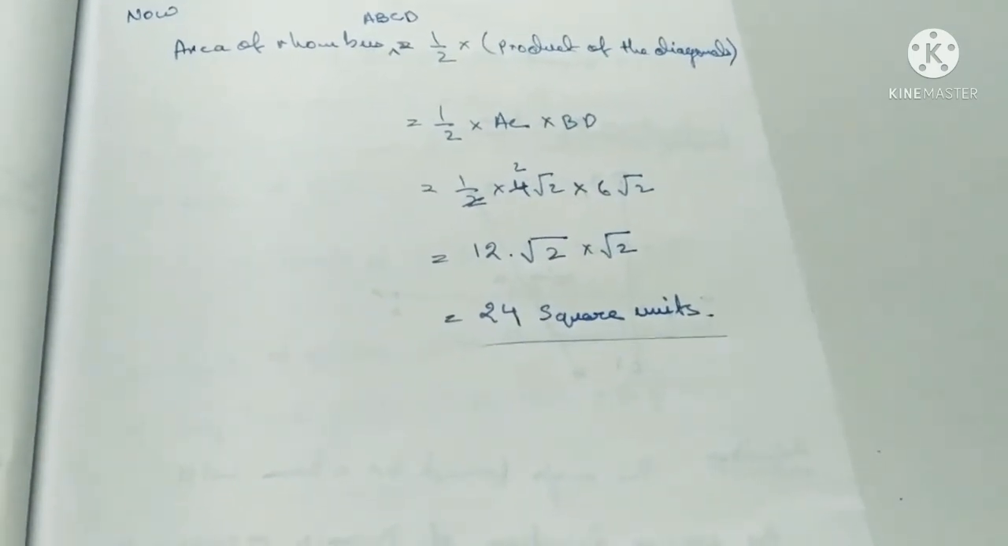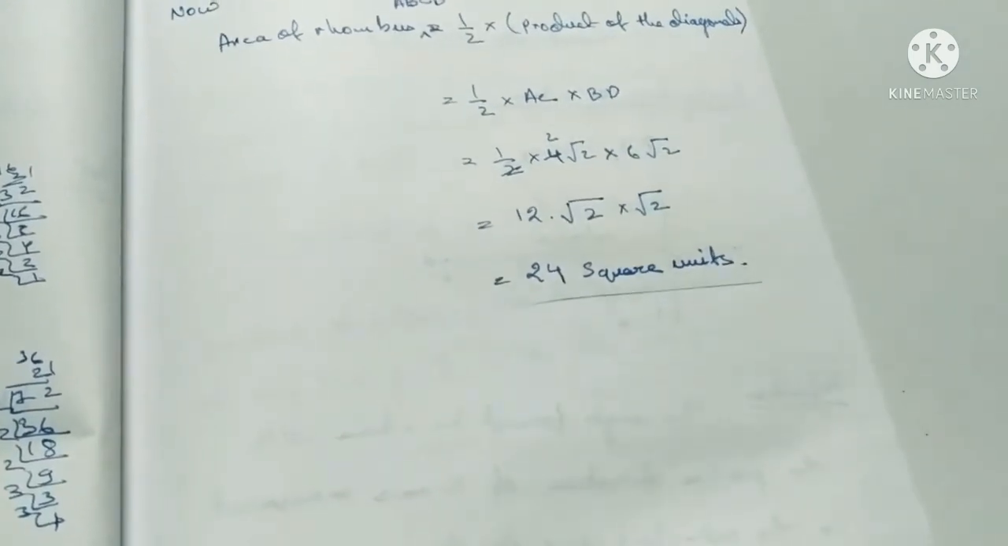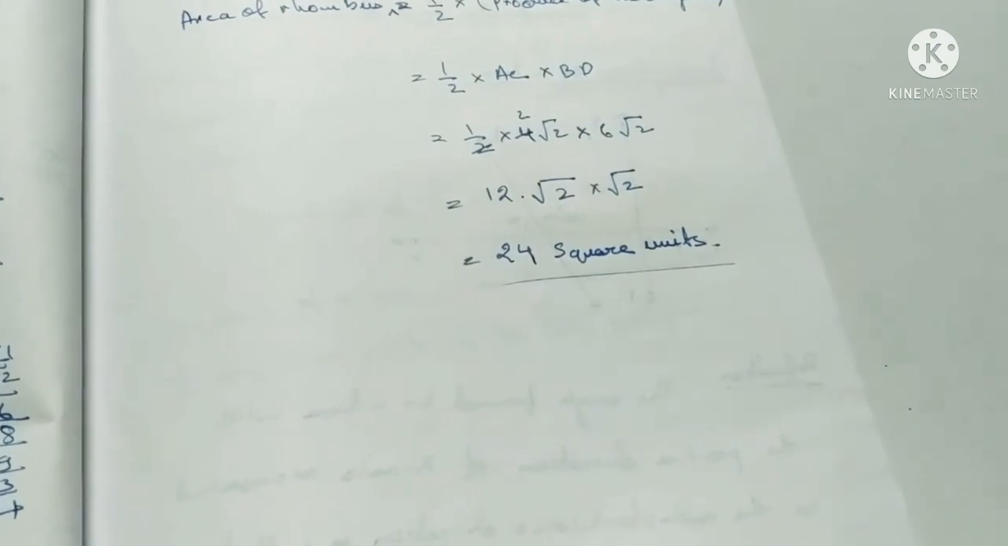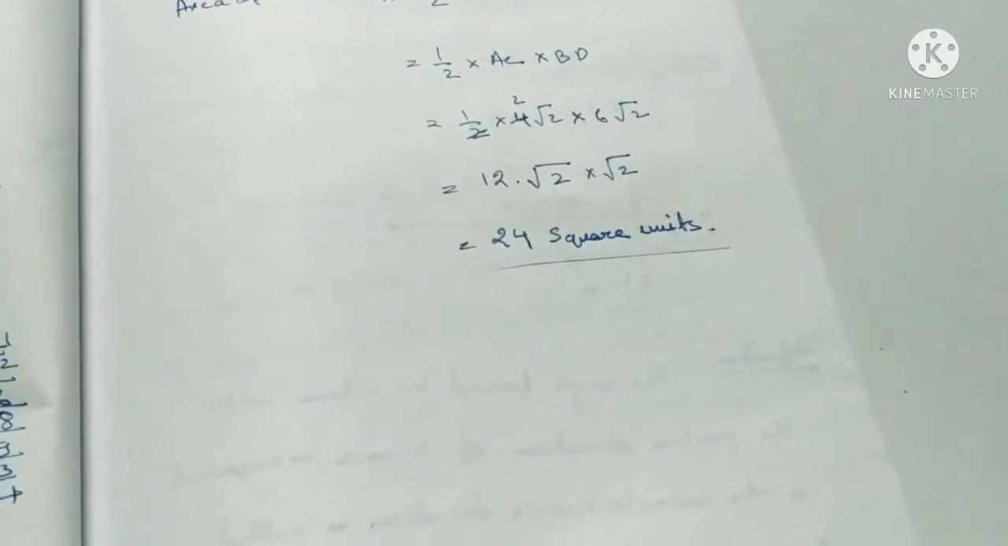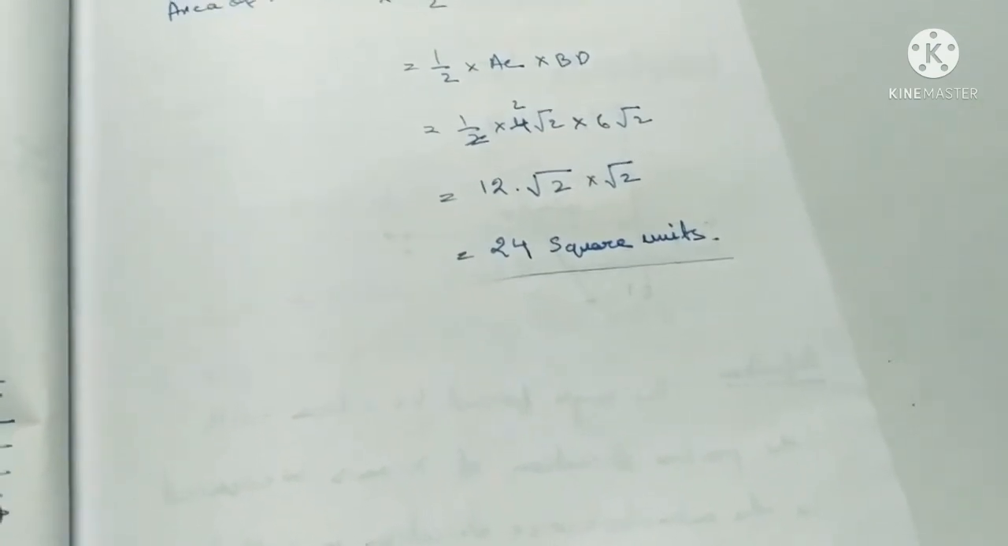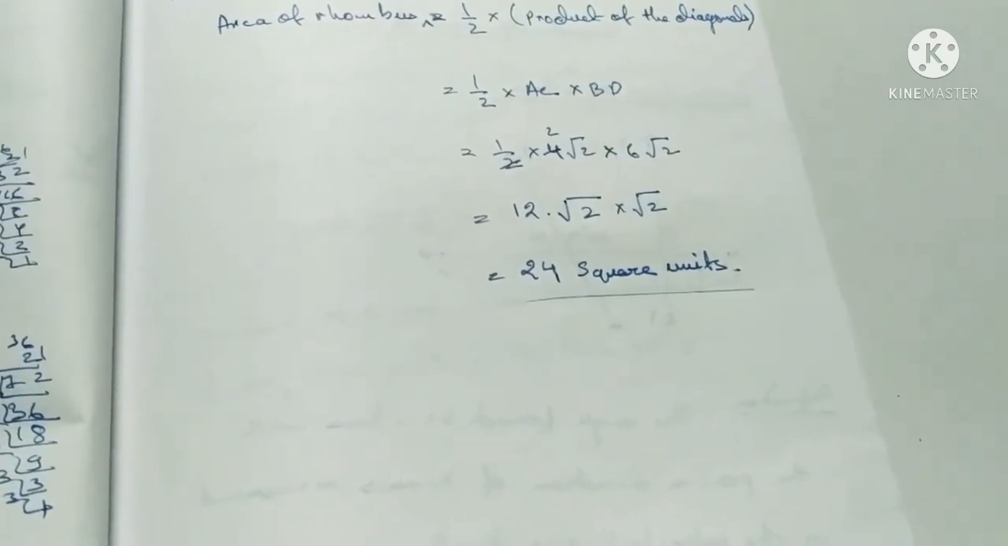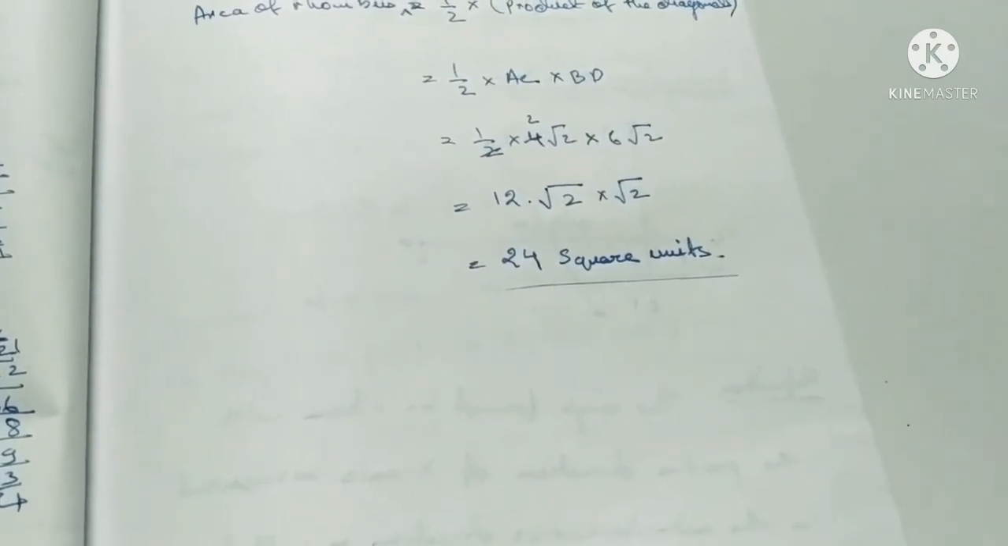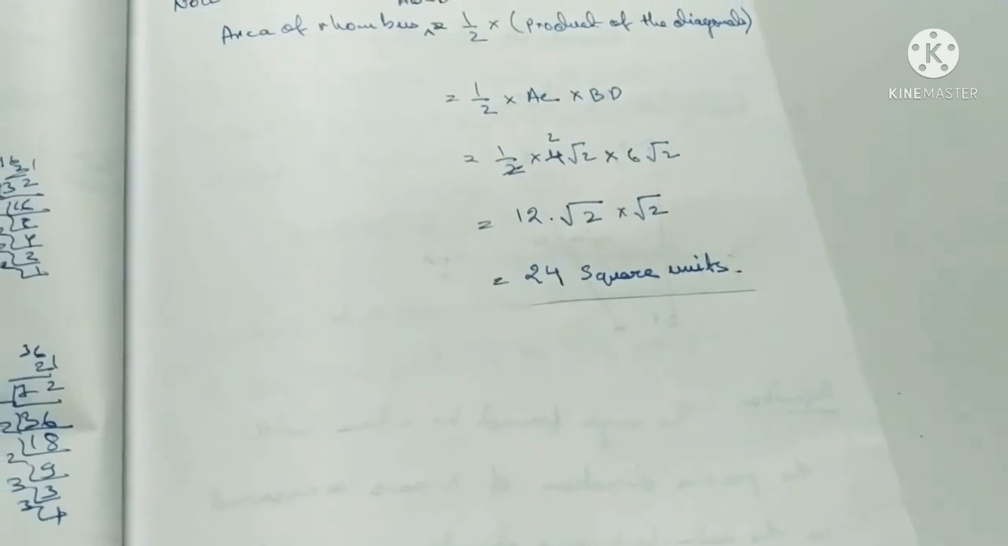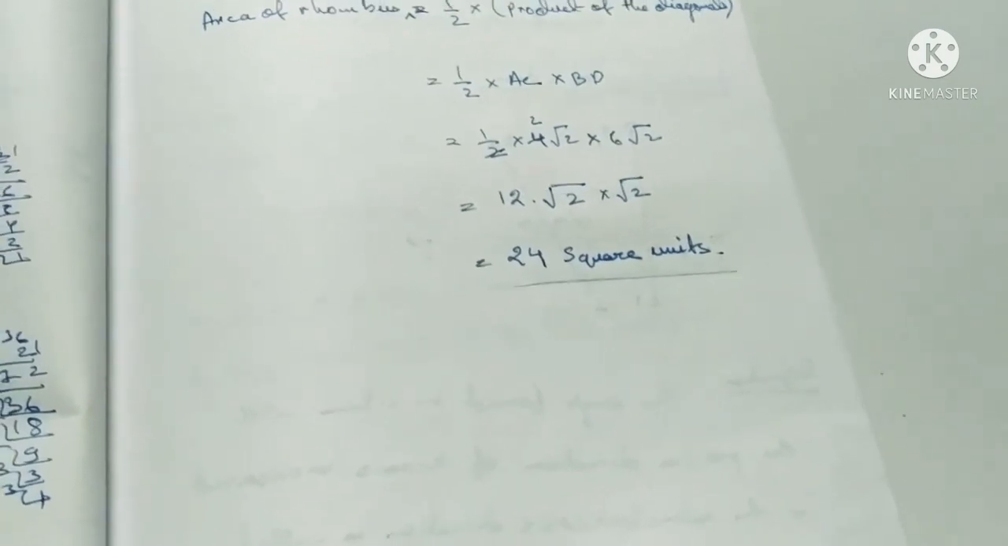Understand? That much only. With this, our exercise 7.2 is over. That is, our this chapter is completely over. Okay. So next, you see, next when school will that is when